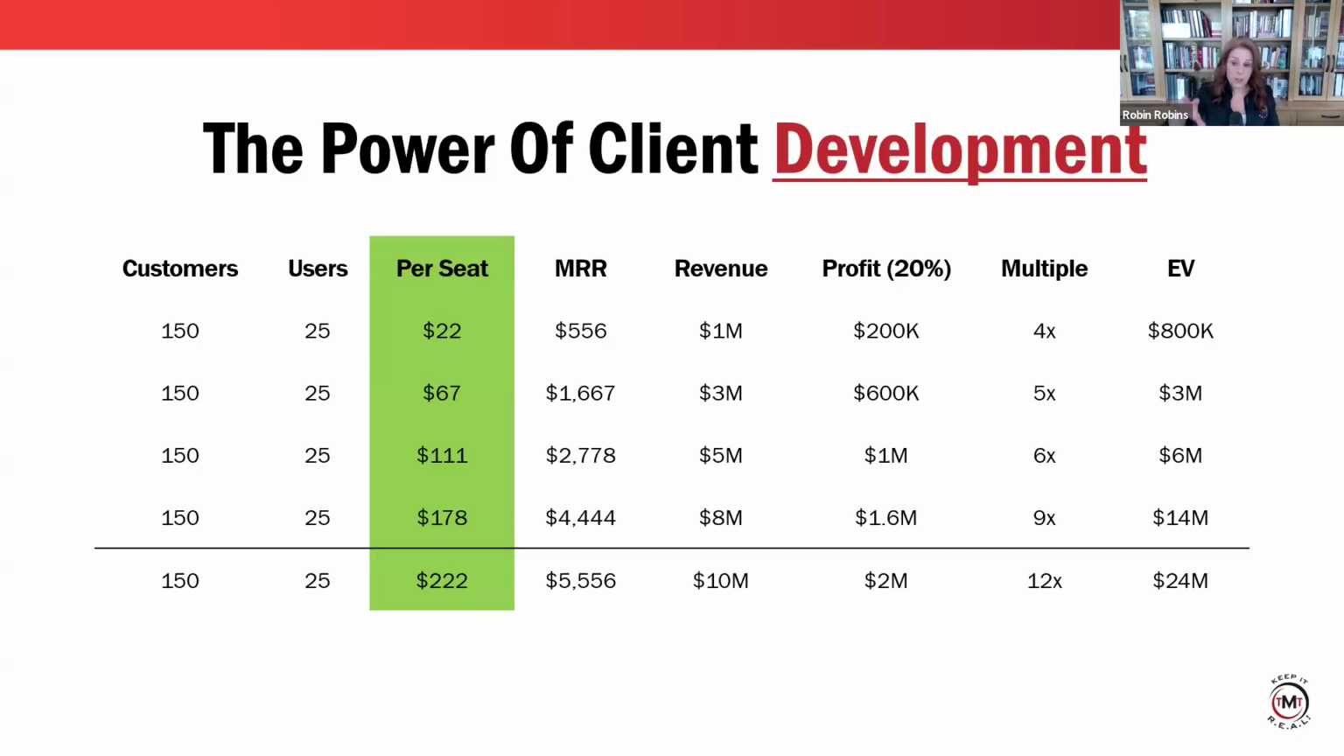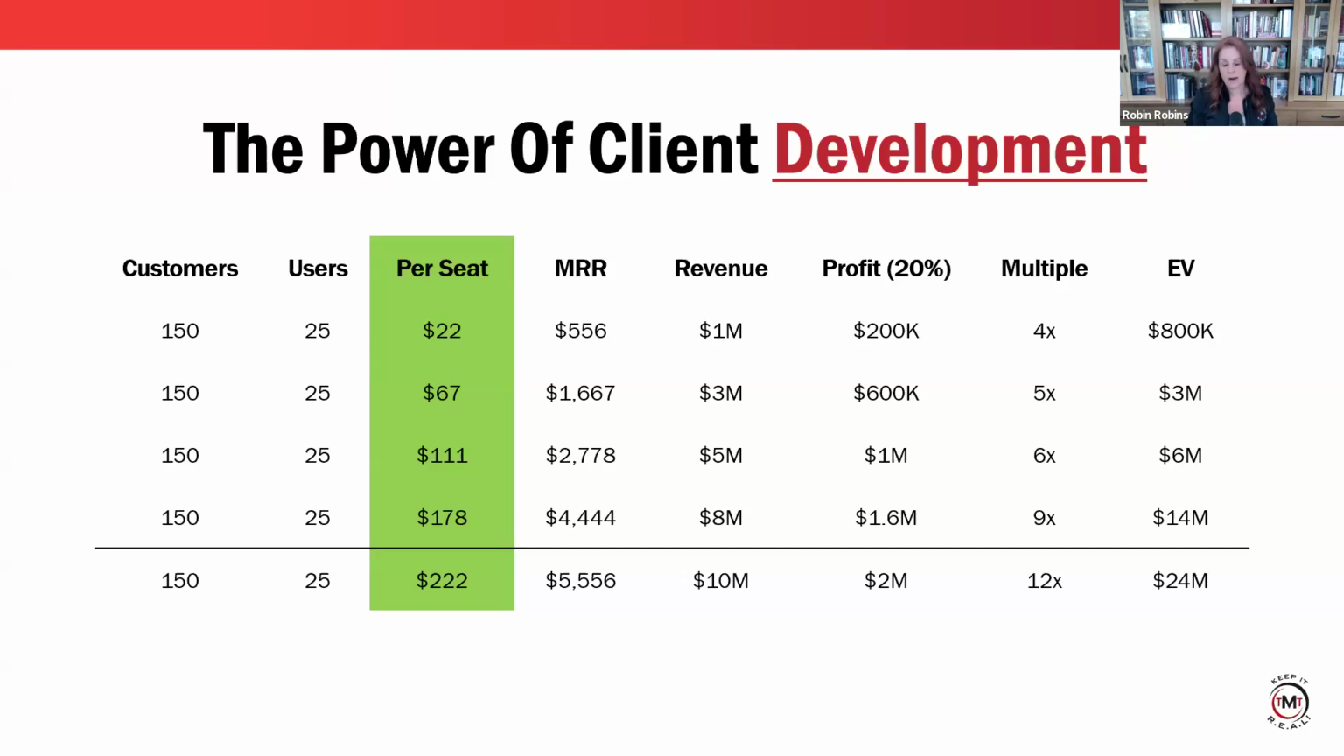But the first one, as you can see, their average price per seat is only $22. Even if their profitability is 20% the same, look at the difference of what happens with the multiple of what your valuation of your business is. That's what EV stands for on the far right. EV, if your profitability was 20%, the multiple is, all MSPs trade on multiples of EBITDA. So if you were generating $200,000 in profit, you would get a 4x multiple